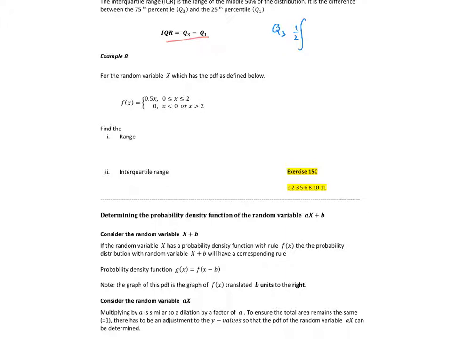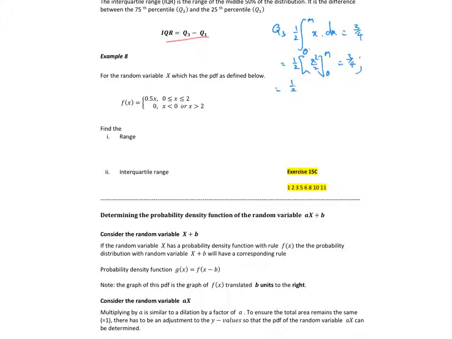So we want to find between m and 0 of a half x dx equal to 3/4, which implies then we get a half of x to the 2 on 2 between m and 0 equal to 3/4,